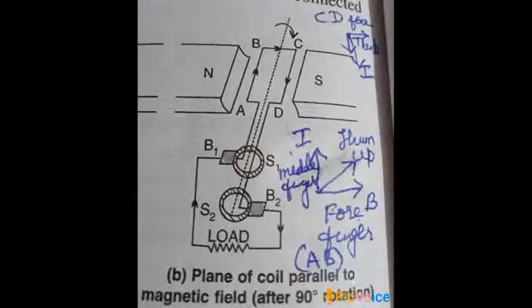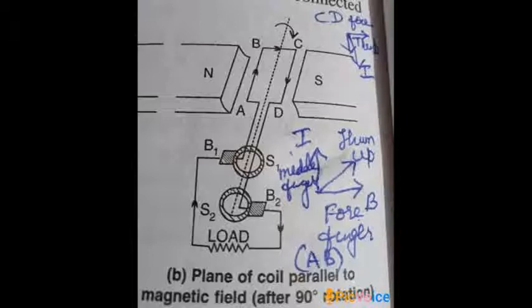Okay. Now you can see, with the pen I have made a figure. According to Fleming's right hand rule, you have to open your thumb, forefinger and middle finger in such a way that, now here we are rotating clockwise. So when we rotated it clockwise, in the earlier figure A, AB was down and because of clockwise, AB came from down to up. So the motion of the coil is upwards. So your thumb should point where? Upwards. Okay, thumbs up. Thumb will be up.